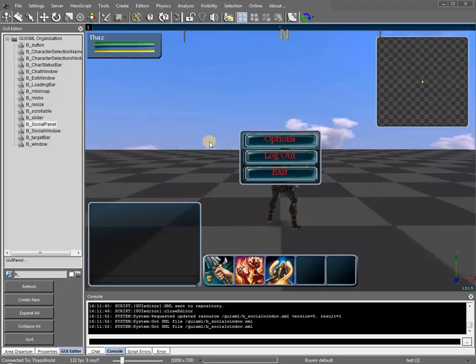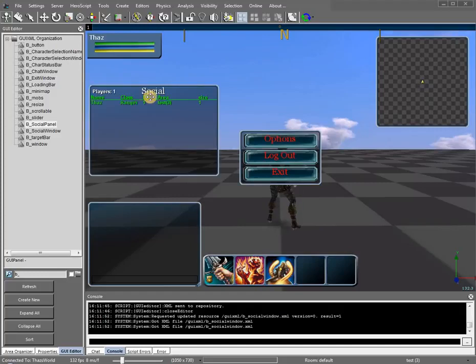To our social window, we're going to eventually be adding friends list, ignored list, and a search options. When you click on the levels up here, we'll be sorting by name. I'll put them alphabetical, and the levels will be in